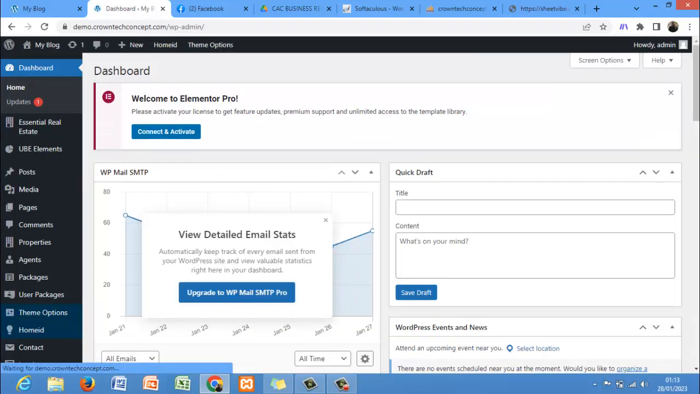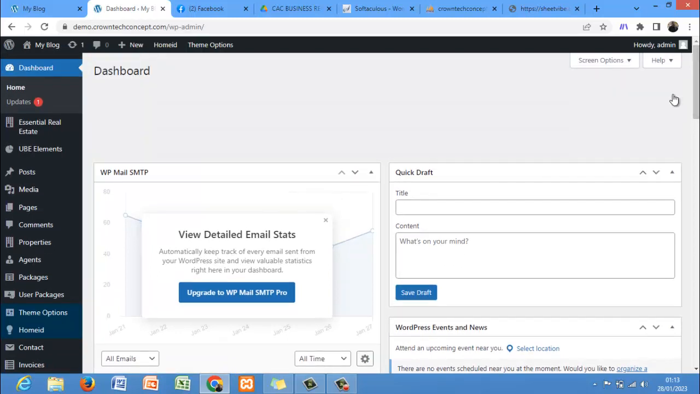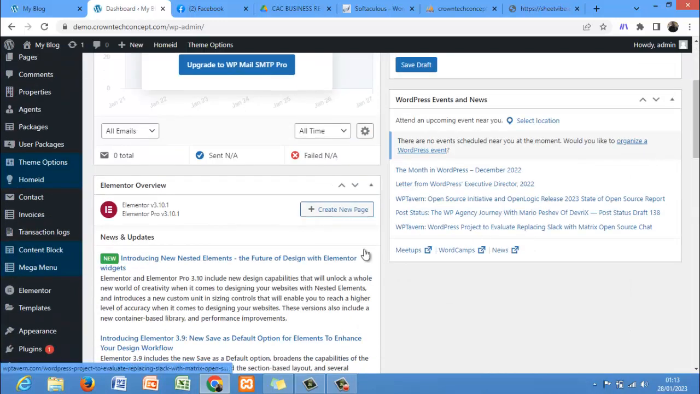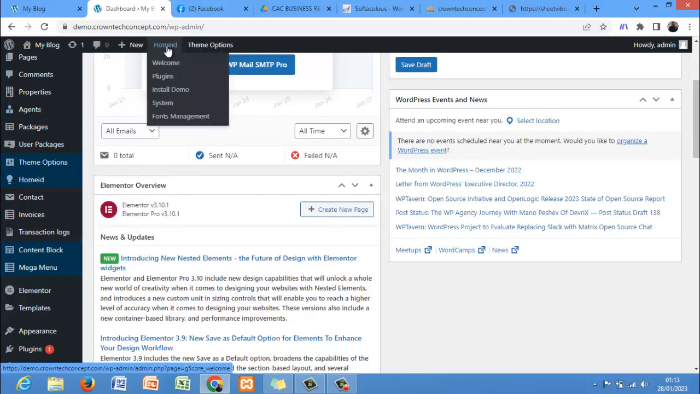Now after you have installed and activated the plugin successfully, your site is going to come up like this. Can you see? Now there is a difference from the previous one. Now all you need to do is come to this home ID or come here, either of the two, click